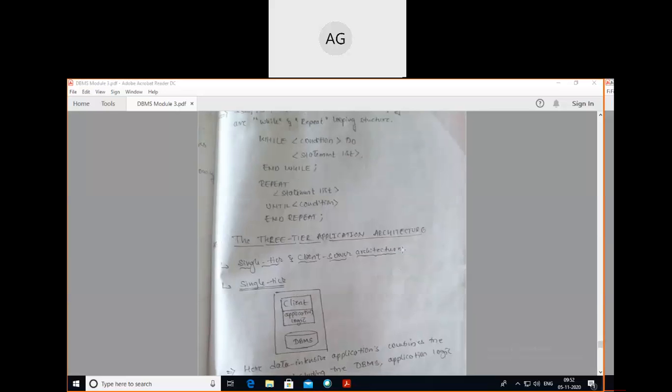The first one is single tier, two tier, and three tier. So each tier has a different diagram with different explanations, and then you can give the advantages of using the three-tier application architecture. Okay, the first one is the single tier. So the single tier and client server architecture will be there. Single tier is